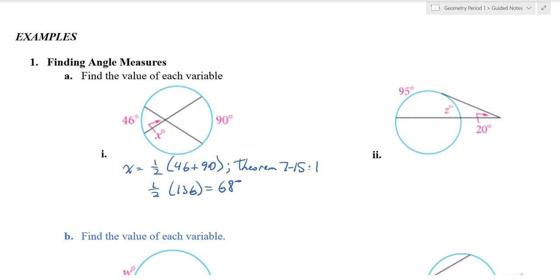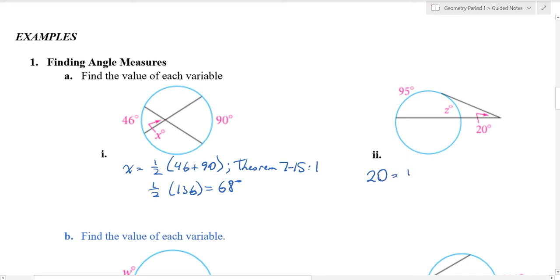Now for the other one here, number 2. This is case 2 because the 20-degree angle is outside the circle, but we're not calculating the exterior angle or anything else. We're calculating this arc right here, z. So we still can use case 2. It's just that we had to do some minor algebra to solve it. So here's what we do. We know that the exterior angle is 20, so we say it's 20